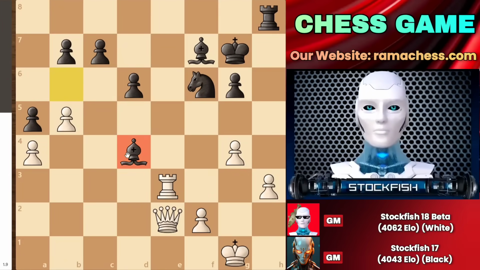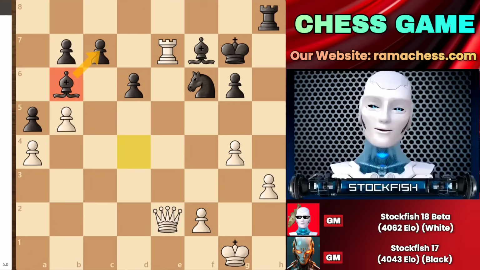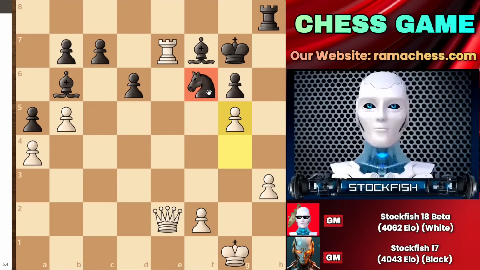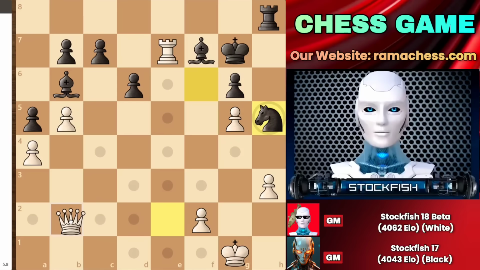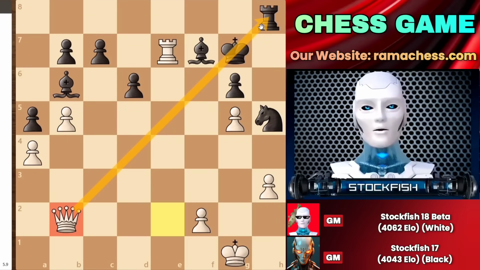Here, I will consider rook to e7 to attack the pawn, and many players might think of moving back the bishop to the b6 square to protect the pawn, but it is a very vulnerable move because you have g5 to attack the knight, and after the knight moves, the dark square diagonal will be just clear and white for my queen, where I can play queen to b2 check, attacking the king,